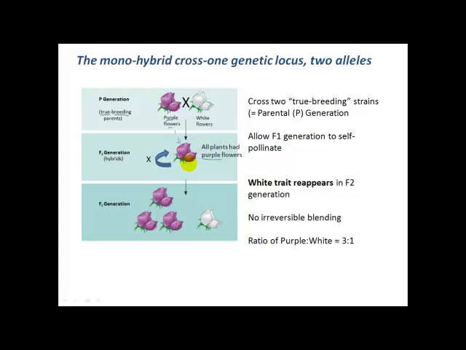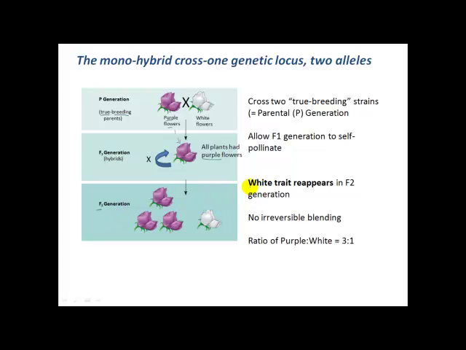But the critical evidence that was the nail in the coffin for this idea of blending inheritance was that he took these F1 plants and he allowed them to self-fertilize or to intercross amongst themselves. So all of these F1 plants are identical because they're all formed as the hybrid offspring between these true breeding parent strains. And then he examined what he got in that so-called F2 generation, the second filial generation. And here's what he saw.